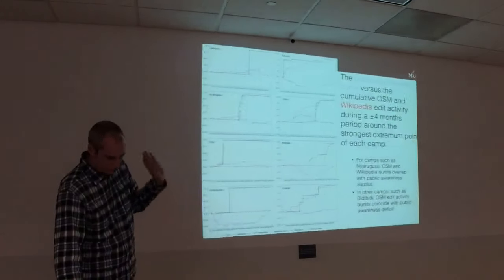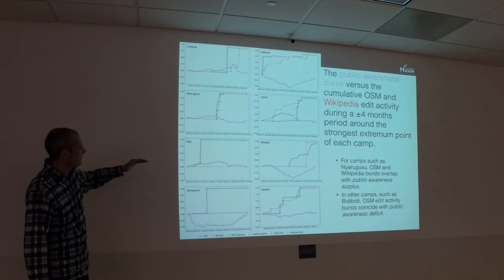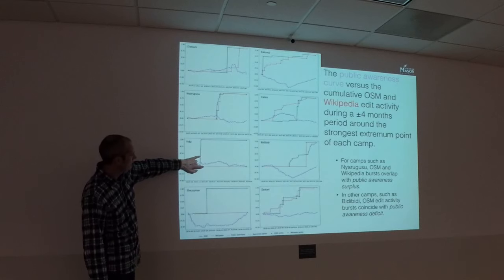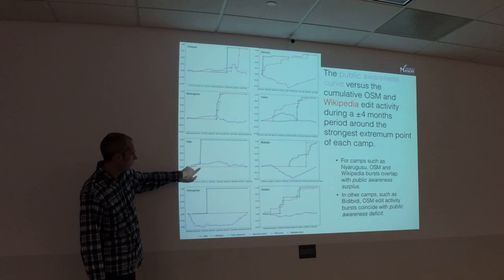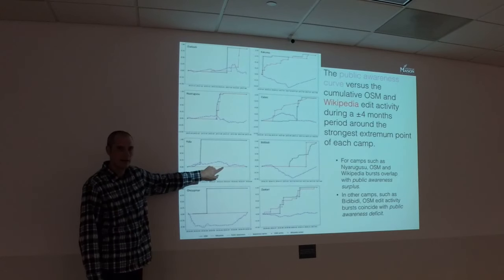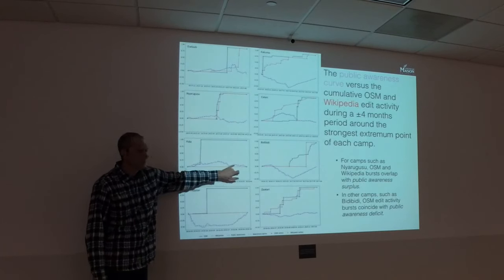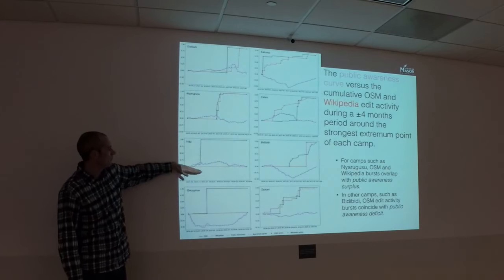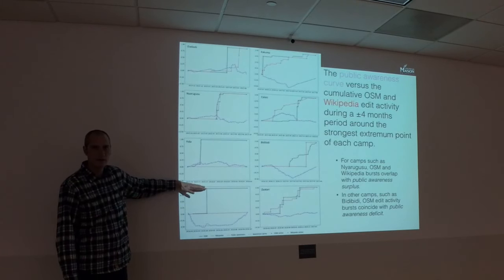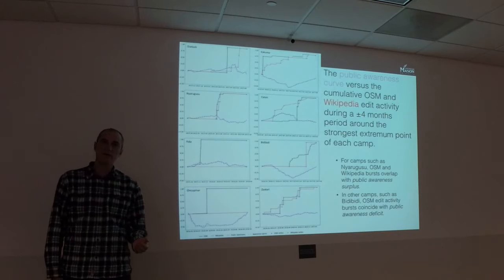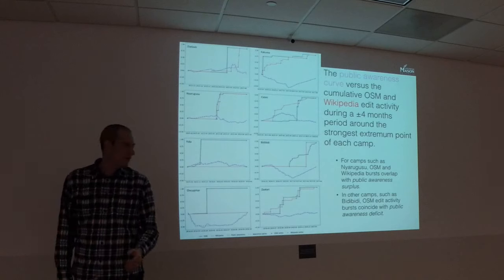We have equations. You know I love those types of things. So what you have here are basically two lines, right? The black line is OpenStreetMap. This other line is Wikipedia edits. And then this magenta line is awareness. Above zero means it's positive awareness, below is negative awareness. So in theory, if people are aware of something, you would think that they would be more interested in editing it. In other times, anything above,